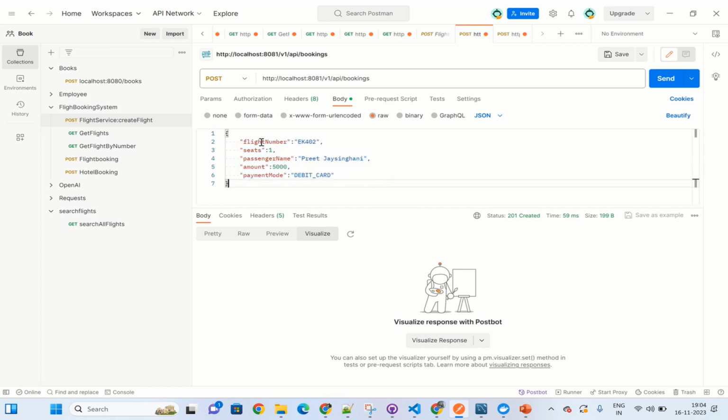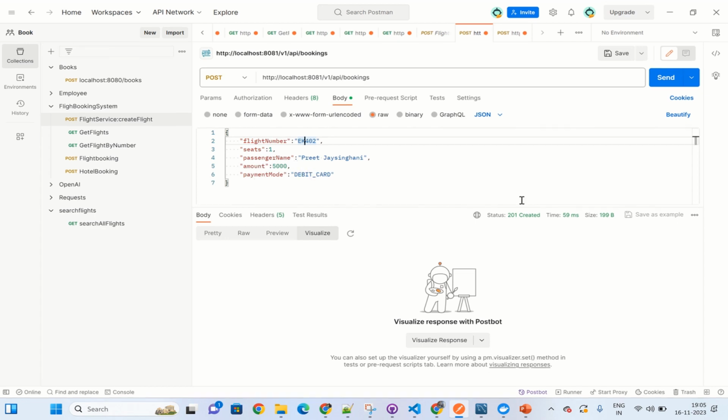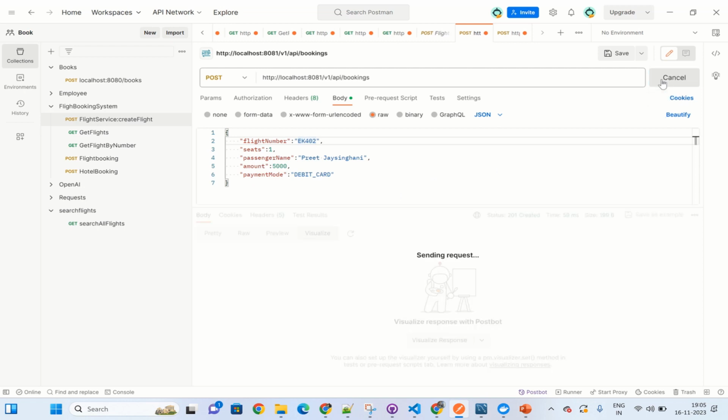Now we are defining the flight number as EK402 because this is available in our flight system, and the number of seats I want to reserve is 1 for this passenger, Preet Singhani. The total amount for this flight is 5000, and the payment mode is debit card. Now let's run this. If we click on the send button,